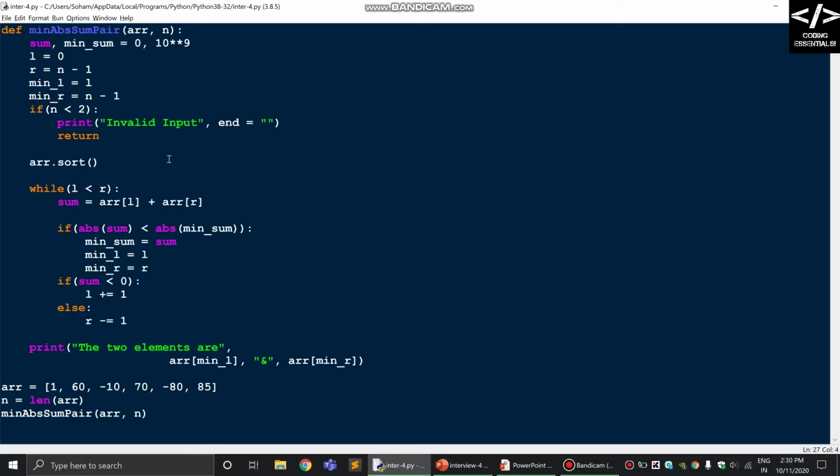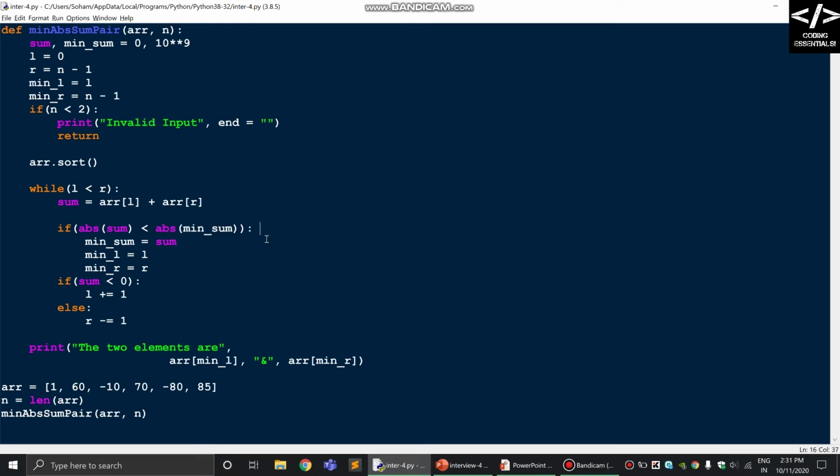Now let me show you the code. In Python it is pretty easy because the sort method is given by default in list. So first we'll define the minimum absolute sum pair function. Now here we'll initialize sum as 0 and minimum sum as large as possible, because in this step you can see we check whether the absolute sum is less than the absolute minimum sum.